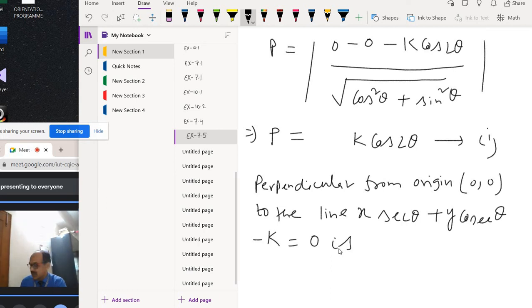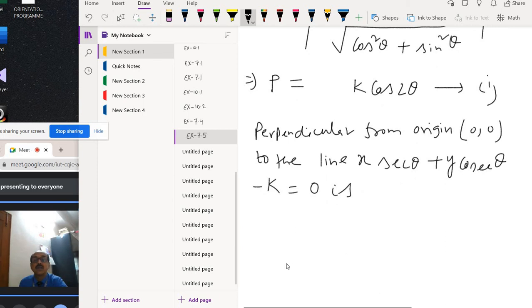It is given as q. So q equal to, put x equal to 0, y equal to 0, that means 0 plus 0 minus k